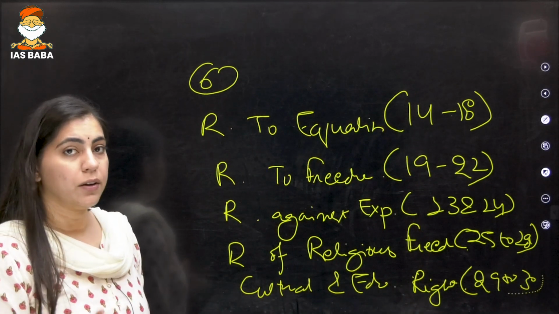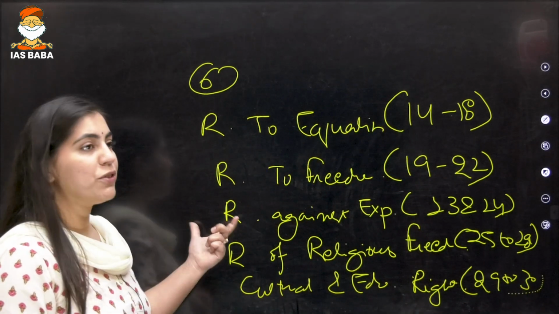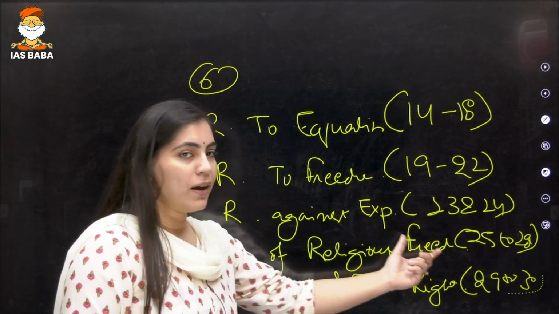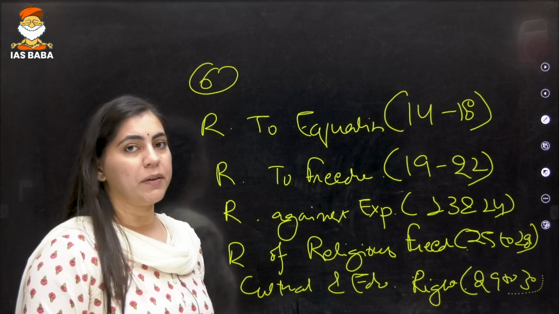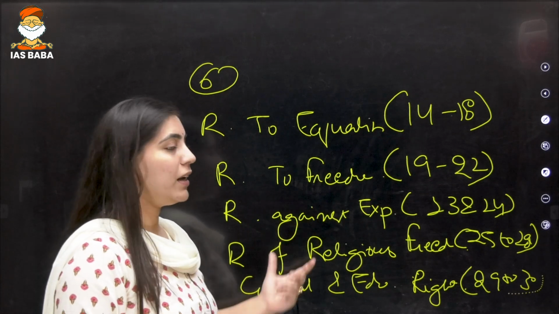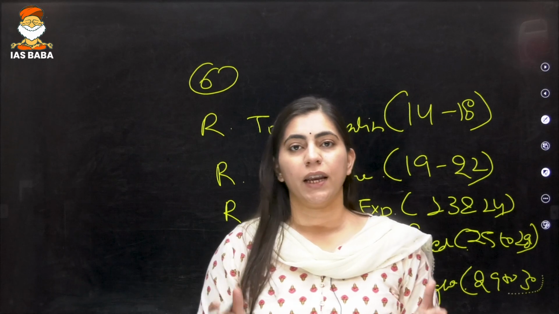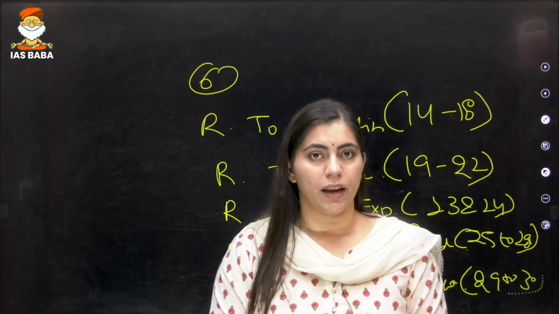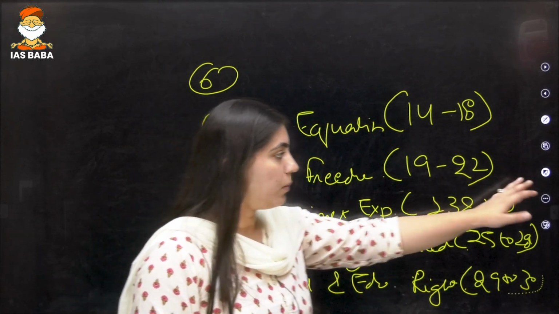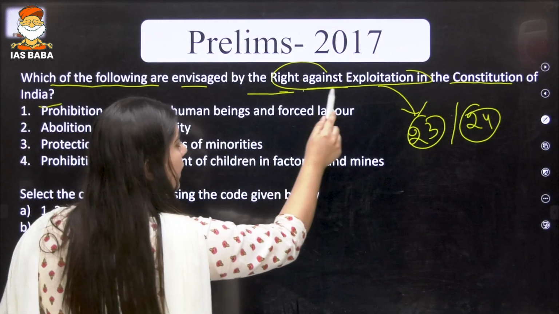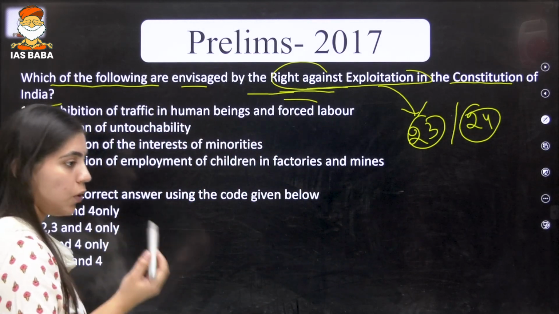Is it clear? So please don't make this a major blunder into the examination, that if the question is coming from Article 27 or Article 17, don't mark it that it is under some other head, right? So the fundamental rights are divided under certain heads. These are the heads, and from this particular part, the question has been asked that right against exploitation includes what,